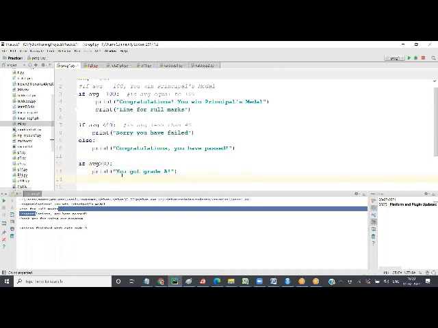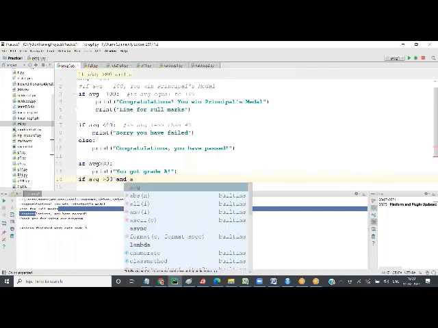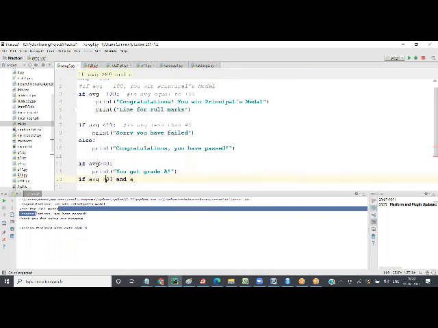For grade B, I'm saying if AVG greater than 80 and AVG not greater than 80, sorry, it has to be less than. When you say less than, if somebody scores 80, they will not get a grade. So here I will say greater than equal to 80. There I was saying greater than 80, here I was saying less than 80.